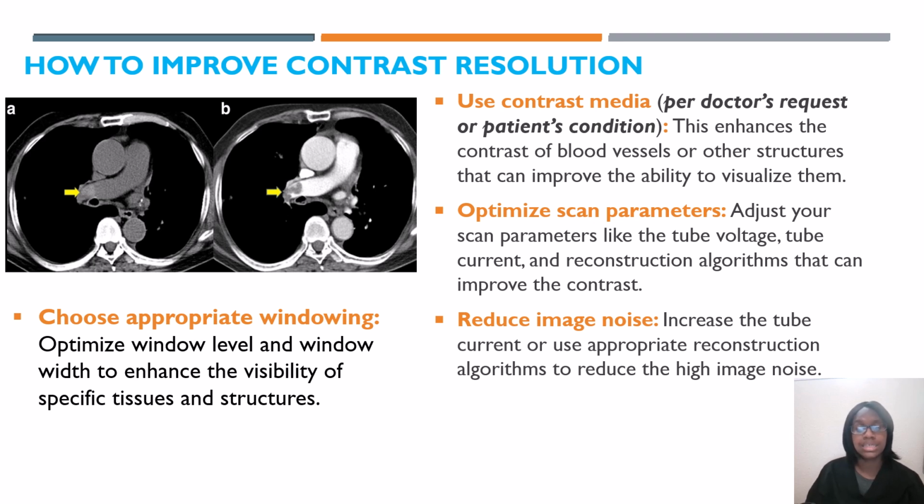A lot of times I see this on mass. So whenever you increase the mass or you're going up a little bit too much, it's going to have you put in a reason for it. Sometimes you can just get away with putting in body habitus. You also want to reduce image noise, increase the tube current, or use appropriate reconstruction algorithms to reduce the image